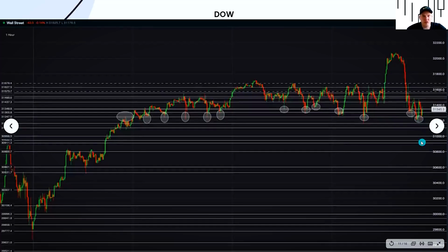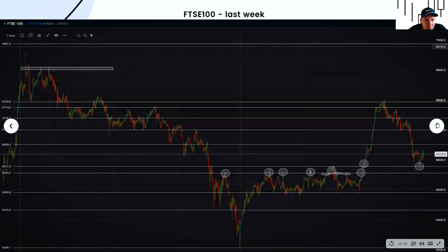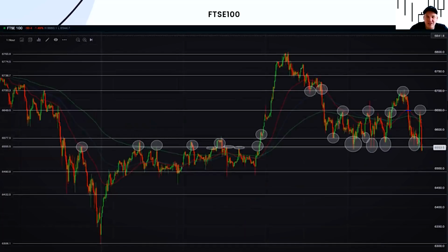Also having a look at Ftse. Ftse is quite an interesting one. It's been very range bound, stuck in these levels that we've been speaking about for quite a while. It broke back through those levels, and we said as long as this 6,550 level holds, it should be okay. So obviously that's that initial breakthrough. Went all the way back up to